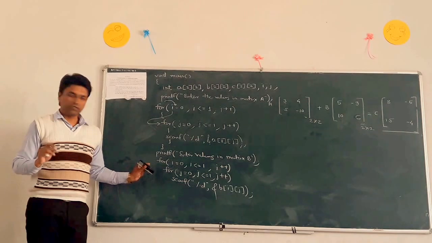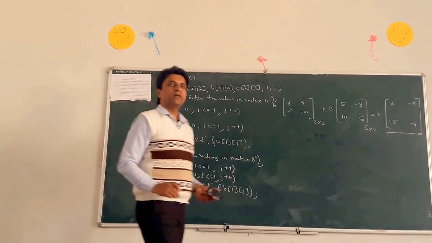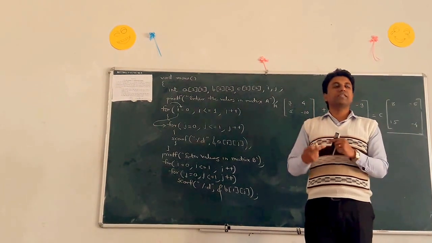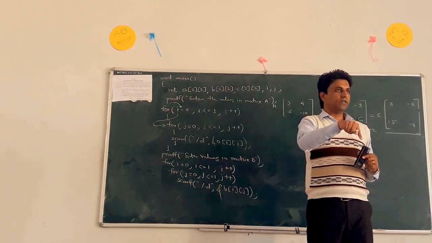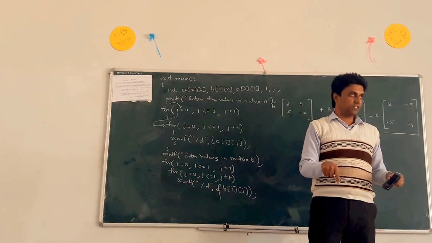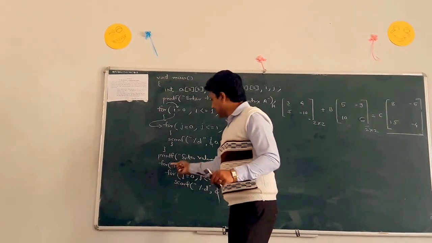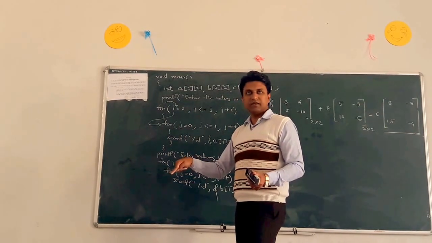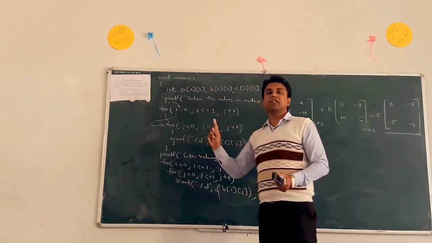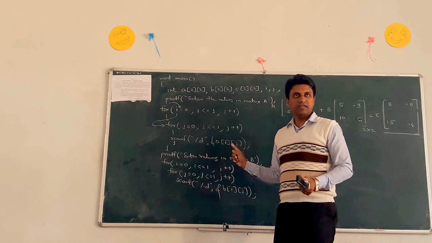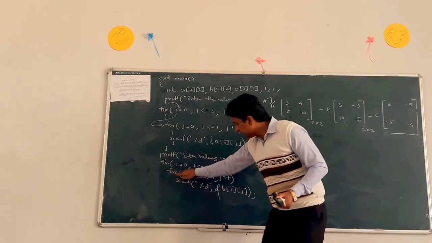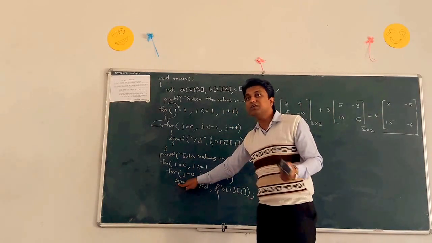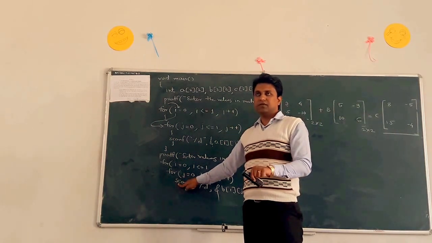Okay, so no need to write curly brackets here because each loop or each selection statement contains only one statement. Either it is a compound or a simple statement. Clear? This for loop contains one statement, that is one for loop. That is a compound statement, but only one. Clear? Any doubts? Also, this inner for loop contains only one statement, that is scanf. So no need to write curly brackets.